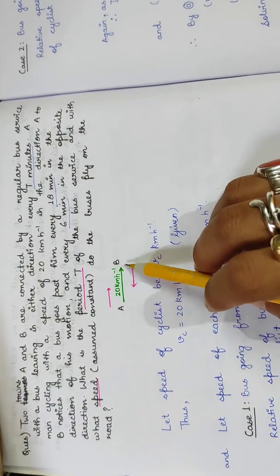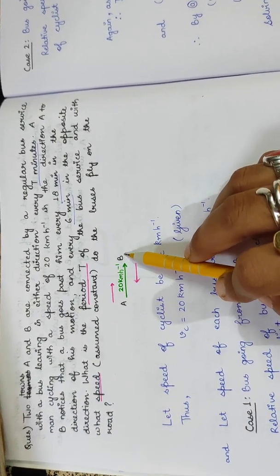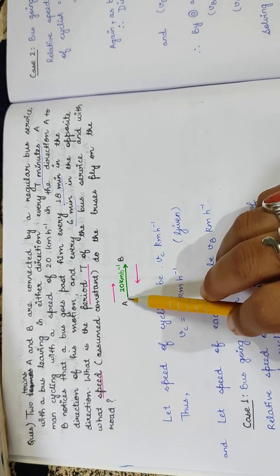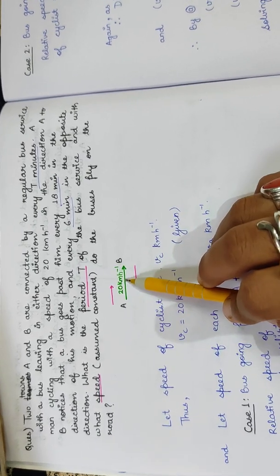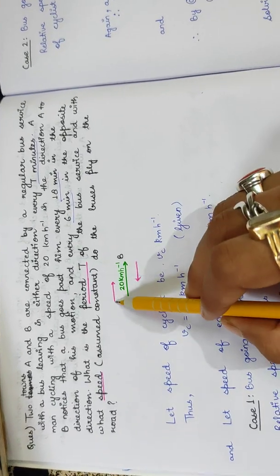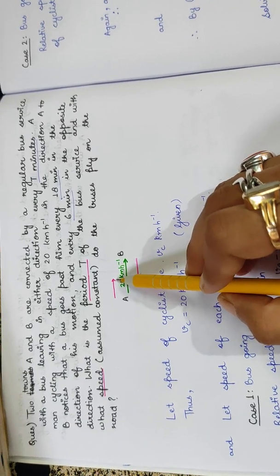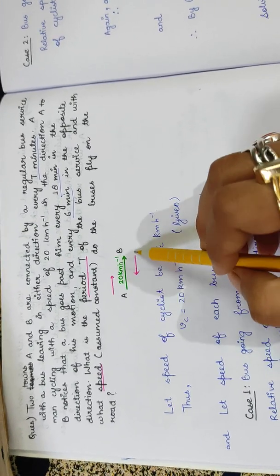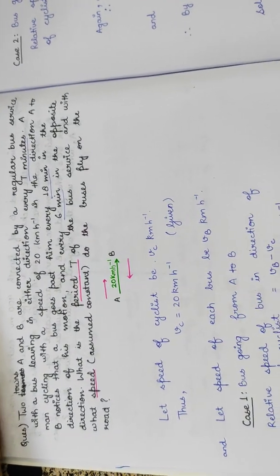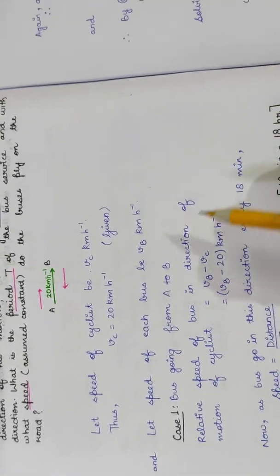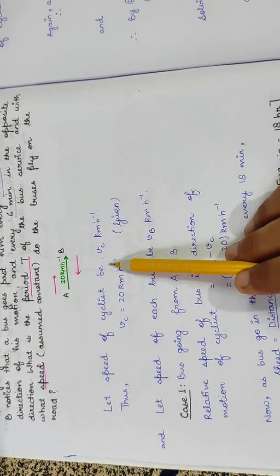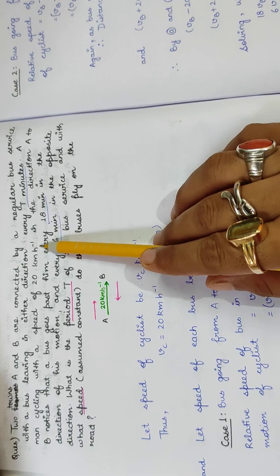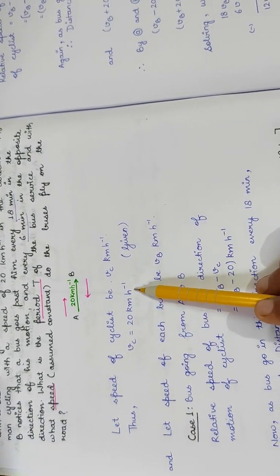So by this you might understand that this is town A and this is town B. Now what happens? A cyclist is cycling from town A in the direction of town B with a speed of 20 km/h. Fine. Now let us suppose this is the first bus which is moving in the same direction as the cyclist, and this bus is moving in the direction opposite to the cyclist. Fine. Now we will first let the speed of the cyclist be Vc km/h, but we are given this speed in the question, which is 20 km/h. So the speed of the cyclist will be 20 km/h.